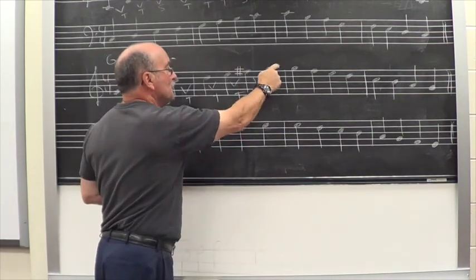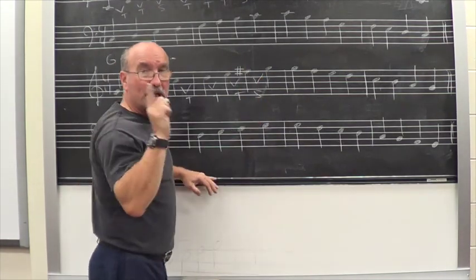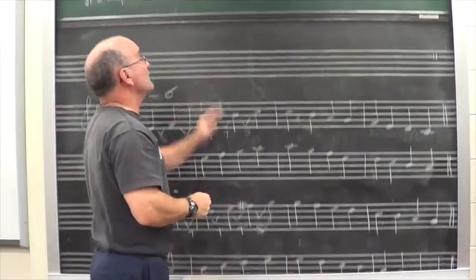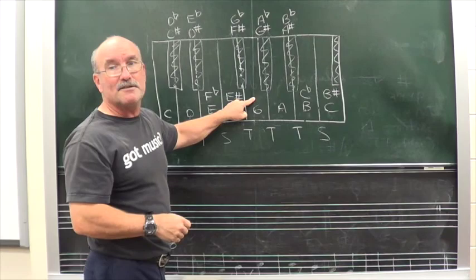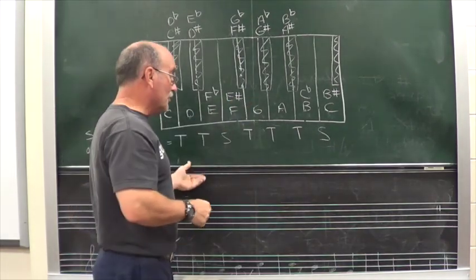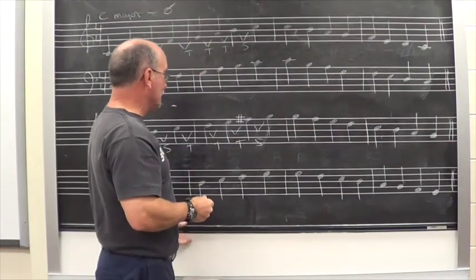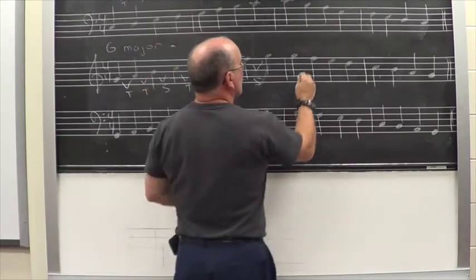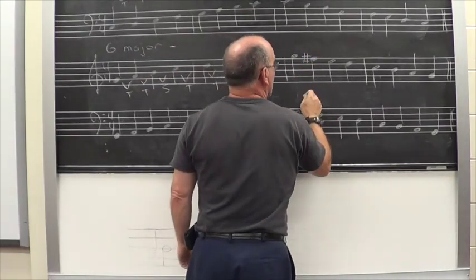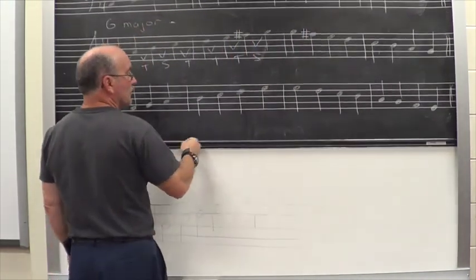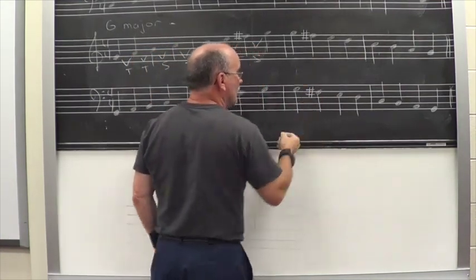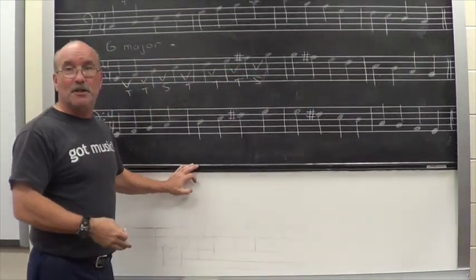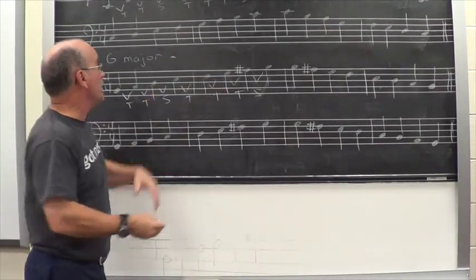So from F sharp to G must be a semitone if I have done this right. So let's see. From F sharp to G, yes, it is a semitone. So therefore, I've done it correctly. So therefore, I must put G sharp on the appropriate note. Again, G sharp on the appropriate note, G sharp on the appropriate note, and there. I have now finished the G major scale. There it is. It has one sharp,